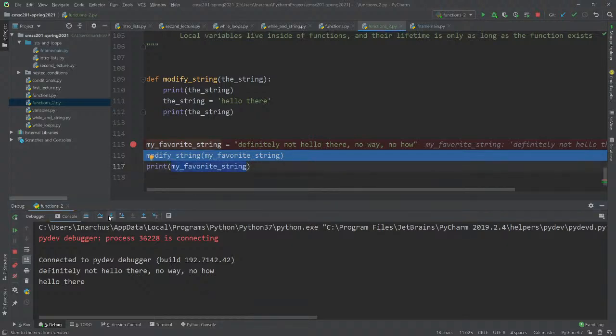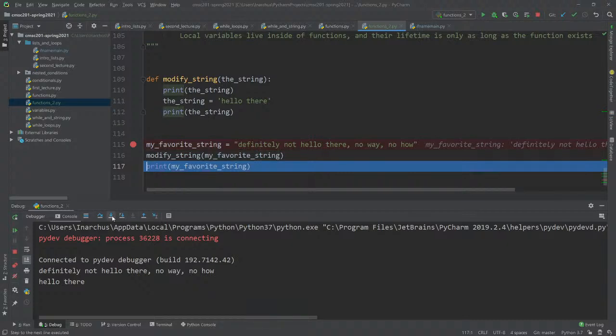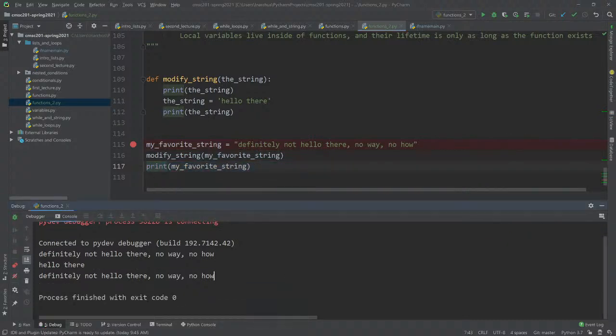Now let's print it out and see what happens. Okay. Almost. Huh. What happened? What happened here is we modified the string inside of the function, but when we exit the function, we notice that it didn't modify.